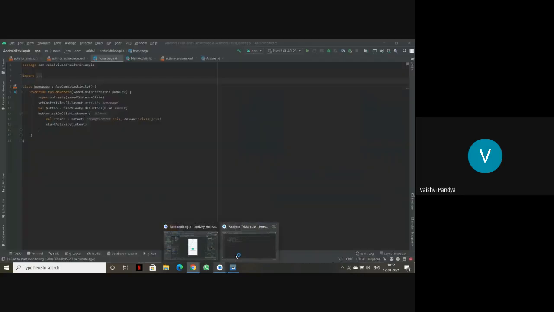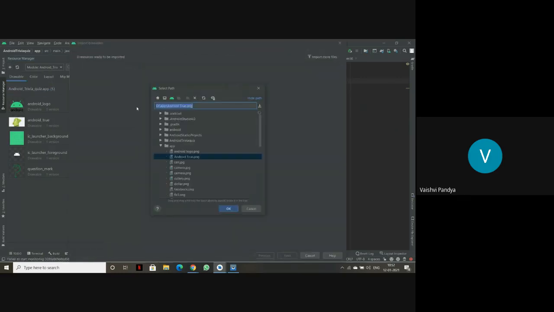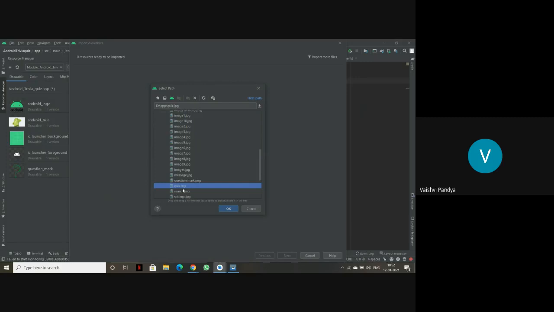Then I'll go to Android Studio. First we can import the files. We can go here and import drawable. Here, as we can see, it is a JPG file, so we'll have to do it again.